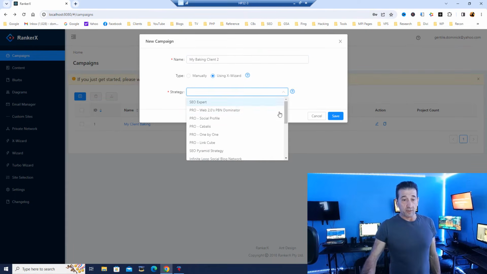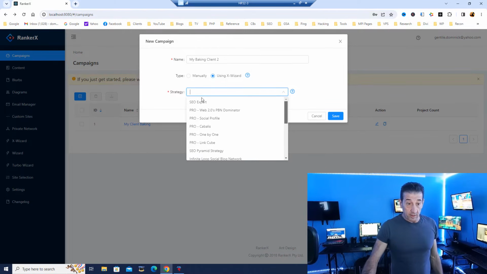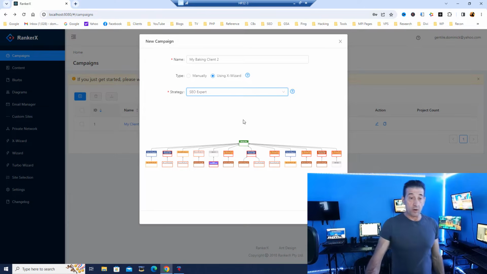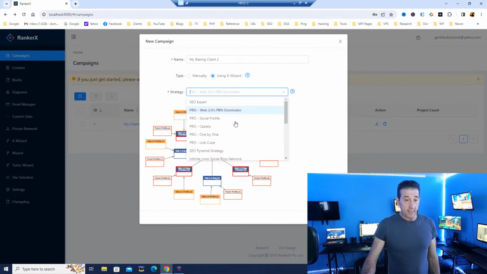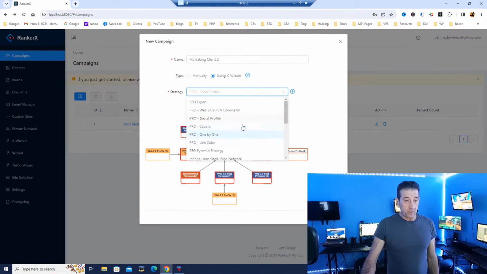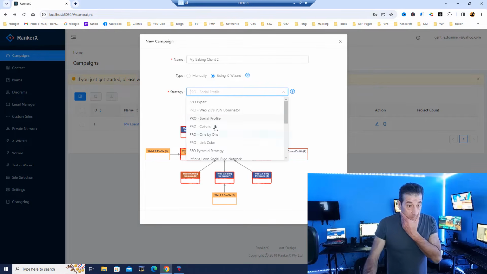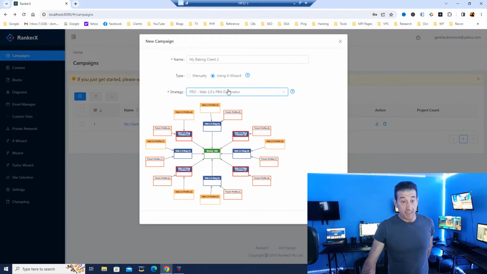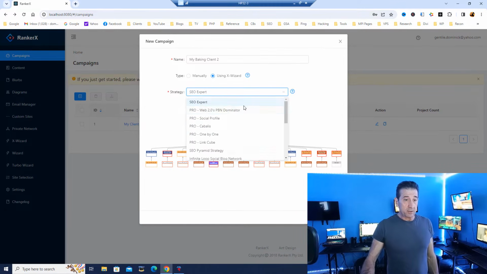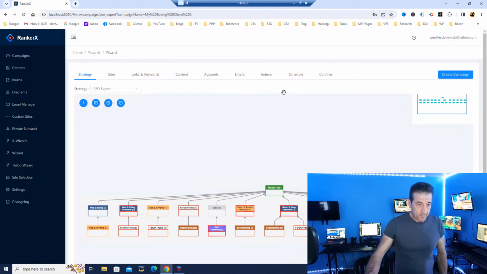Now we're going to select our strategy, and these are basically the diagrams that they're going to use. So let's say SEO expert, you see, and it'll show us various diagrams. I forget which one I chose for my first one with my baker's client, and I think I used the Web 2.0's PBN Dominator on this one, but let's do SEO expert for the sake of argument on this. Okay,